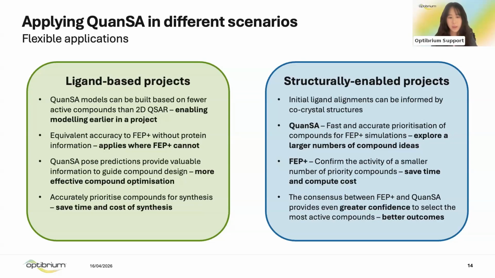Thank you. The next question is, how well does QuanSA perform against FEP+? I'll let you take that. But I think you've already mentioned this during your presentation, Kyle, that we have benchmarked QuanSA against FEP+, and what we have seen is that QuanSA performs equally well as FEP+. In fact, its application is not just in structurally enabled projects, but also when you don't have a target structure available and you can't really apply FEP+-like methods, as well as in cases where you have scaffold hopping, or your data is too diverse. In those cases as well, QuanSA works really, really well.